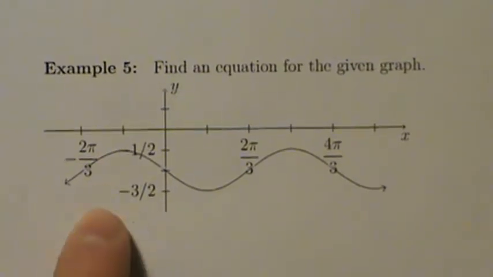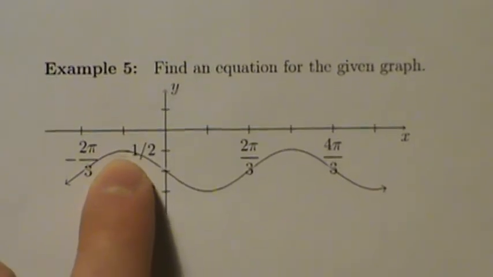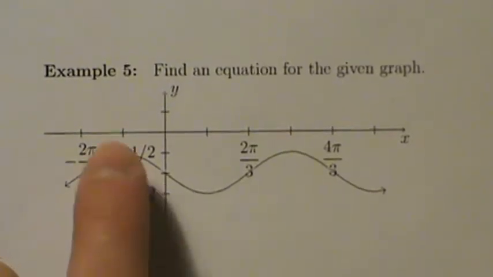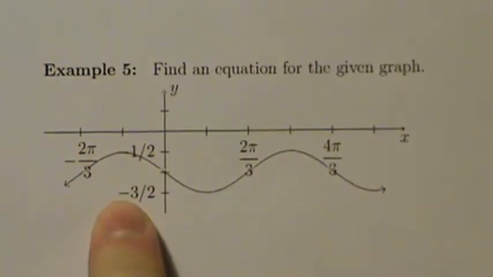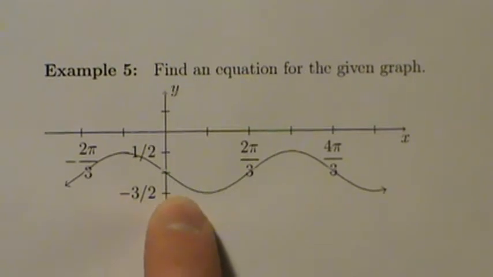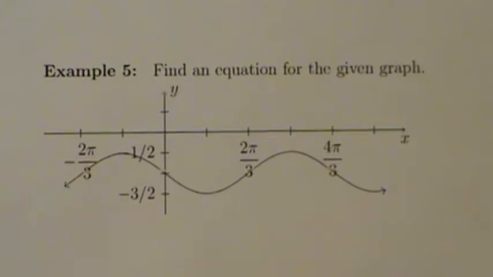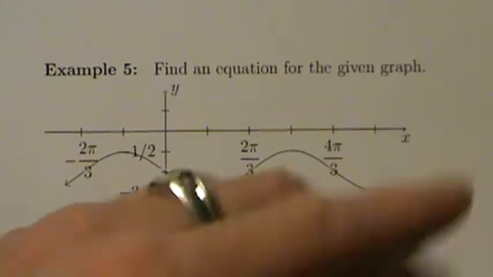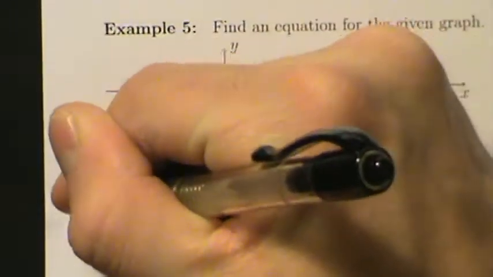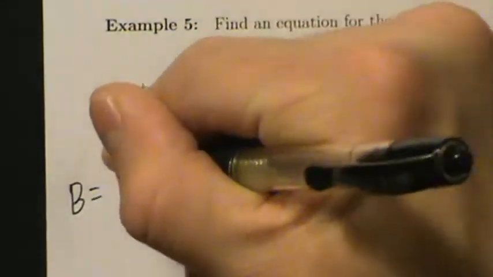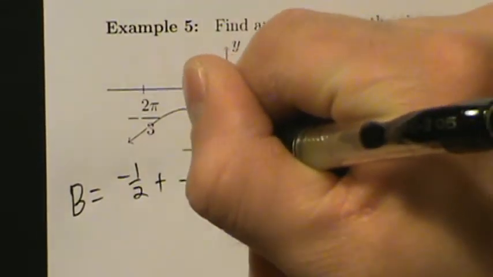If we look at the graph here, it's kind of hard to see, but there's a negative sign right there. We're below the x-axis, so all the y-coordinates are negative. So the max value is -1/2. It happens here, and it happens here. The y-coordinate -3/2 is the min. It's the smallest y-coordinate on the graph, and it happens here and here, and at a bunch of other points as well, because for trig functions like sine and cosine, the graph keeps going infinitely far to the right and to the left. But anyway, b equals the max value, -1/2, plus the min value, -3/2,